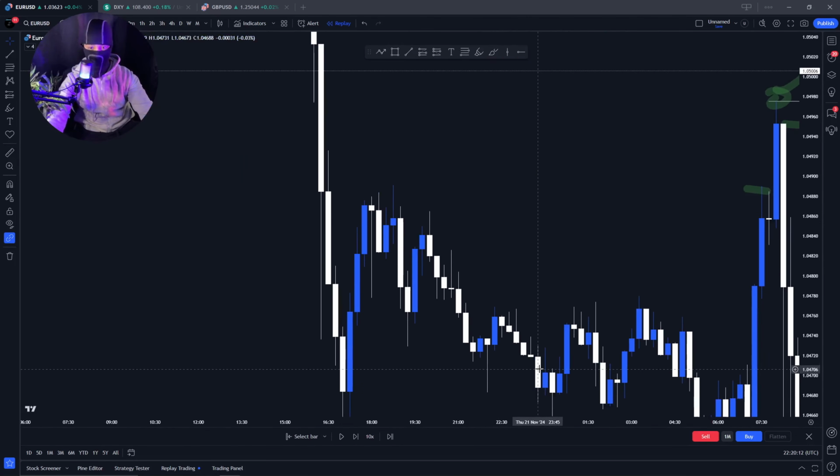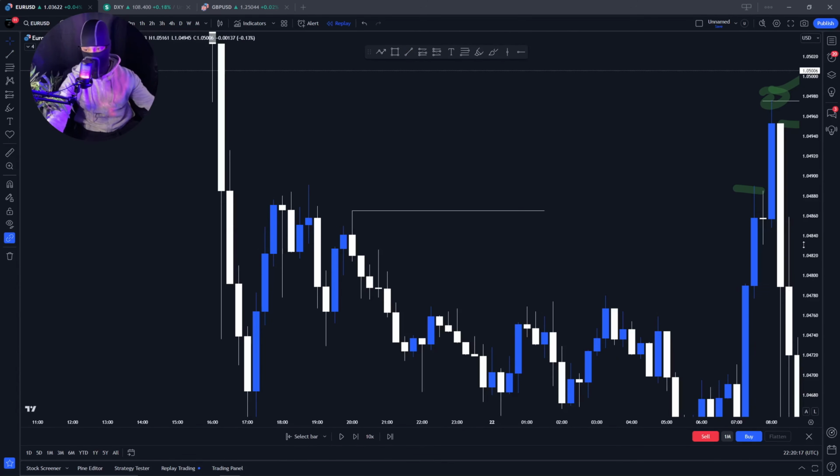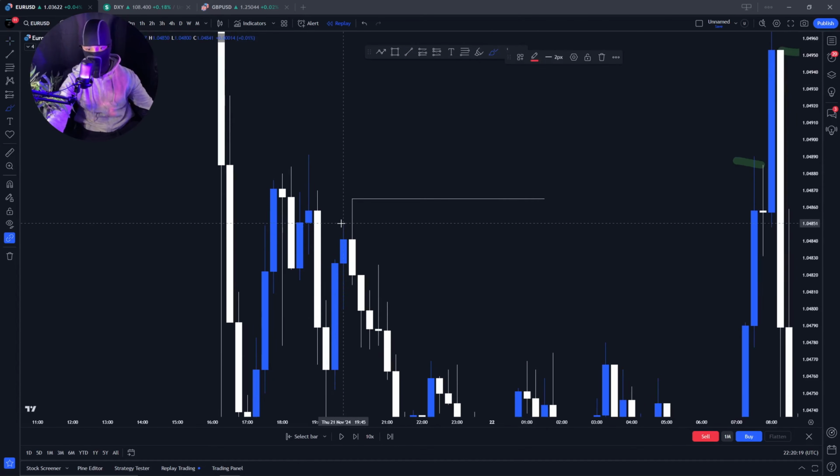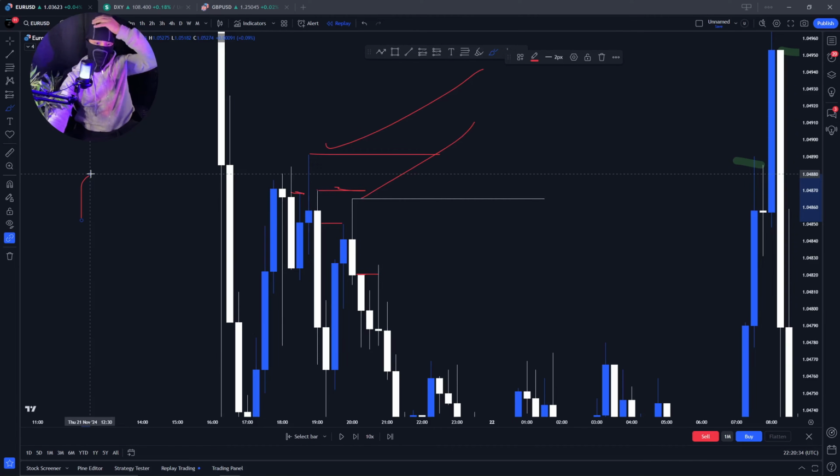Again, let me try to identify another swing high. There are so many swing highs down here. You can see this high here would be a swing high. Why? Because the candle on its left is all the way down here and the candle on the right is all the way down here. So this would be our swing high. Again, this is a swing high. How do I know? Because the candle on the right is all the way down here and the candle on the left is all the way down here. Like I said, think of your head and shoulders. Your head stands out more in comparison to your shoulders. Look at your left and right, only 3 candles.